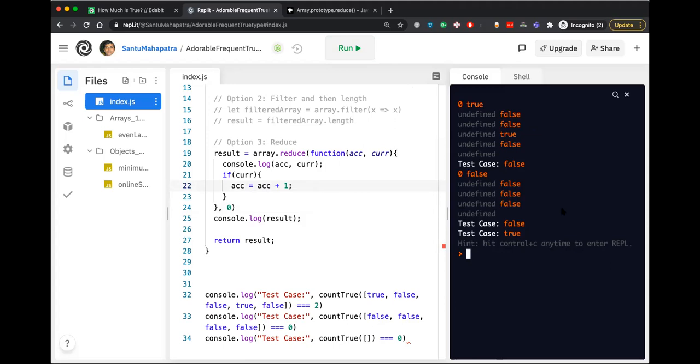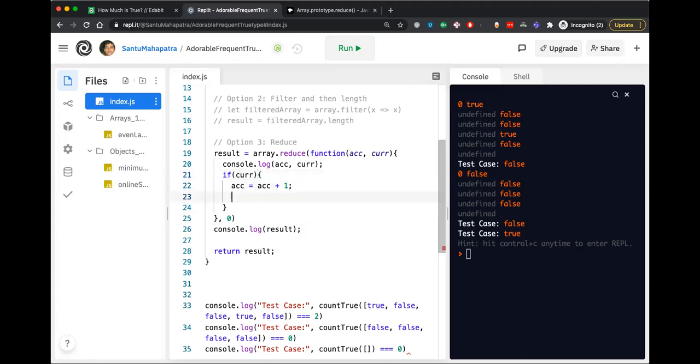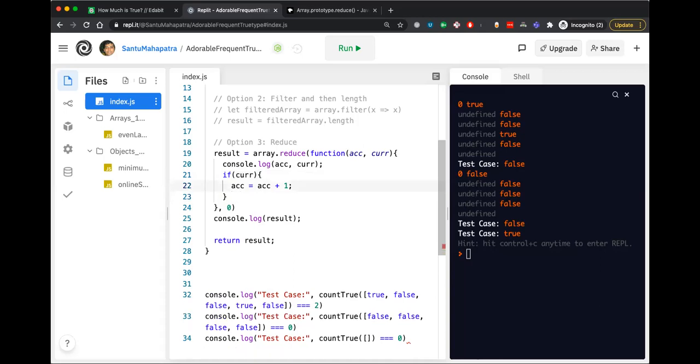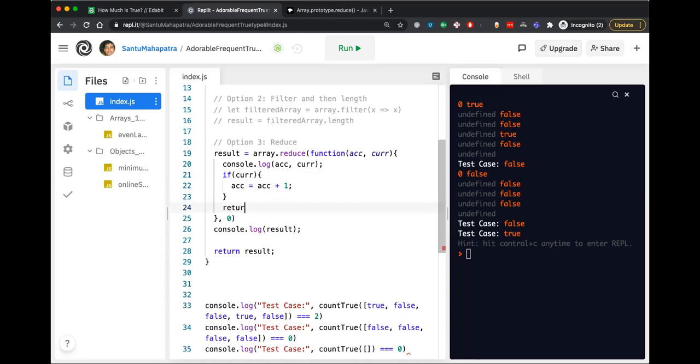Still the accumulator is going undefined, because I'm not returning the accumulator explicitly in the callback function.